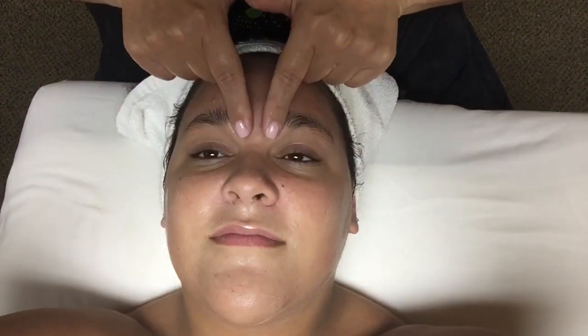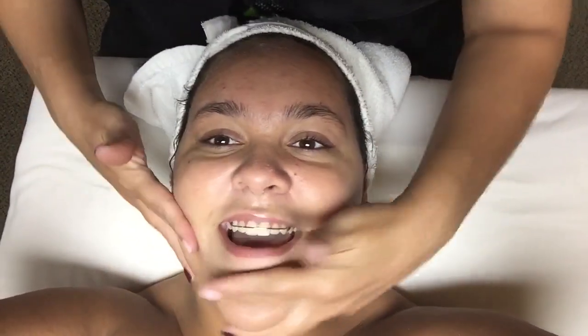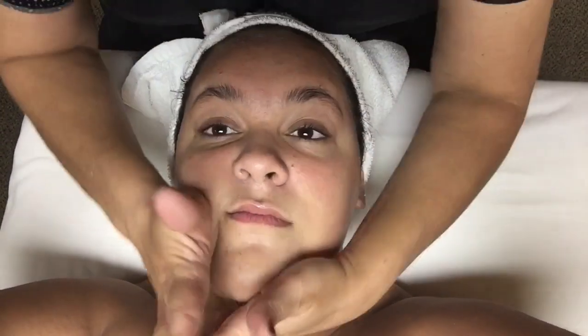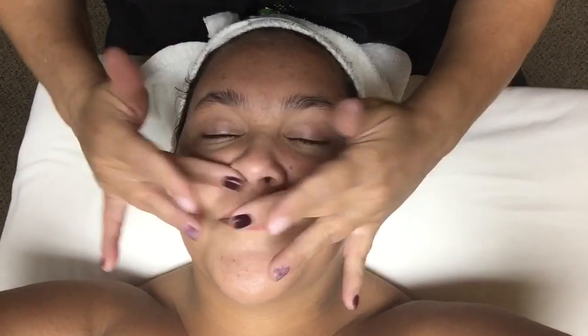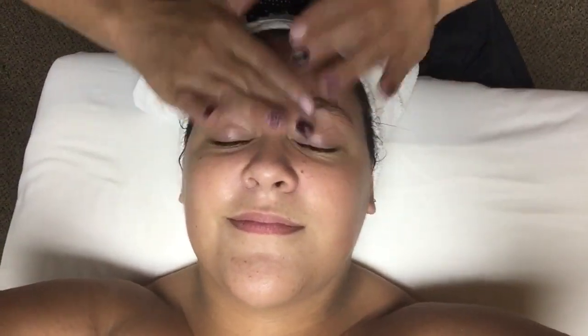Becca's also getting an eyebrow wax, not today, closer to when school starts, so just disregard her eyebrows. However, I'm running a special this month. If you schedule a teen facial for the month of August, you get your eyebrows done for free. So that would be an incentive for you guys to get on the books and get your teens in here